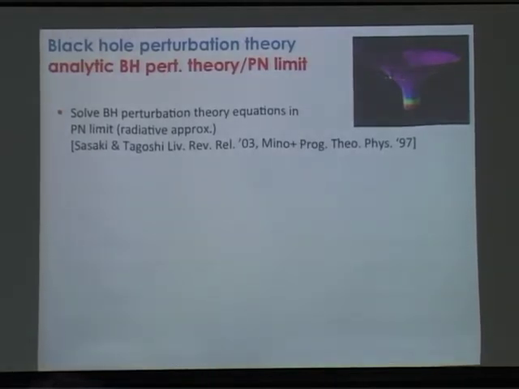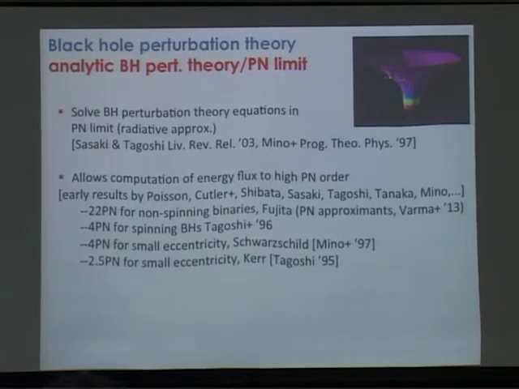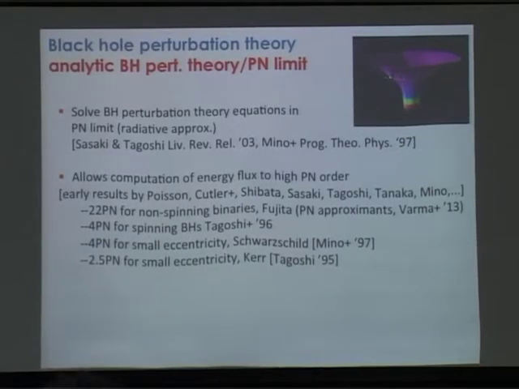In addition to this procedure, which you have to do numerically by solving this separable PDE, which you can turn into an ODE, other people have also been able to do this procedure analytically if you take the post-Newtonian limit. So you're still using this radiative approximation, but if you assume in addition that the velocities are small, you can actually analytically solve everything. Now you're in the approximation that I'm only at leading order in the mass ratio, so I don't have any corrections in the mass ratio like I have in the standard post-Newtonian case. But the advantage is I'm able to take these post-Newtonian calculations up to very high post-Newtonian order.